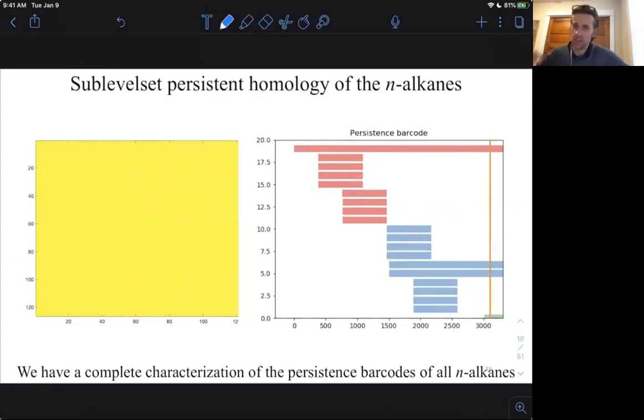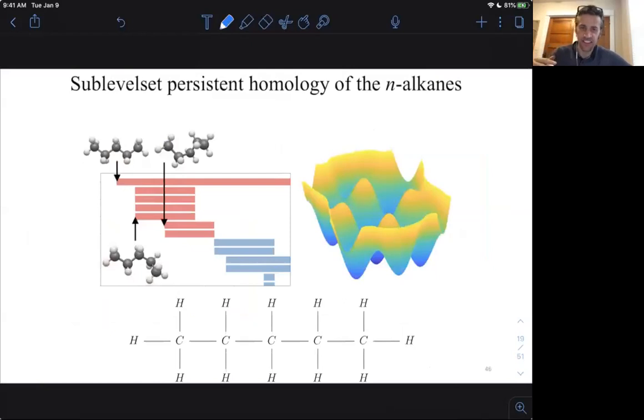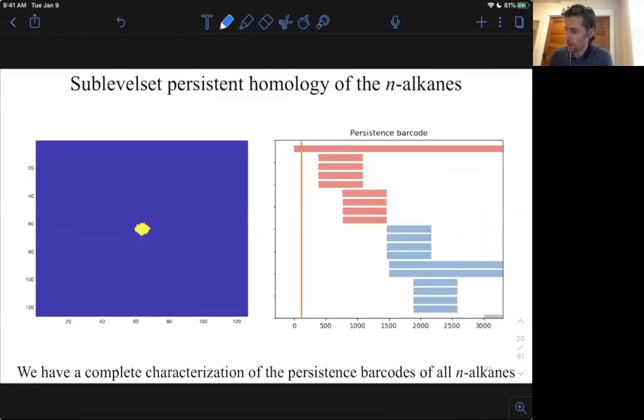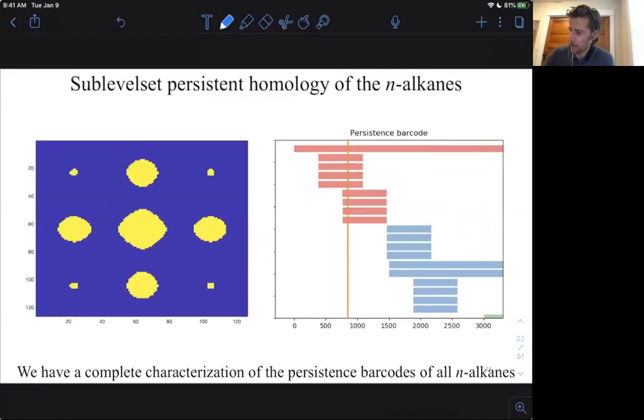All right, so we just swept this energy function on the right side. Let me do it again, but talk you through the persistent homology barcodes as well. All right, so H0 is in red, H1 is in blue, and 2-dimensional homology, which only comes once the entire torus is there, will appear in green. So right now we just have a single connected component. We get up to 5 connected components, and then finally up to 9.